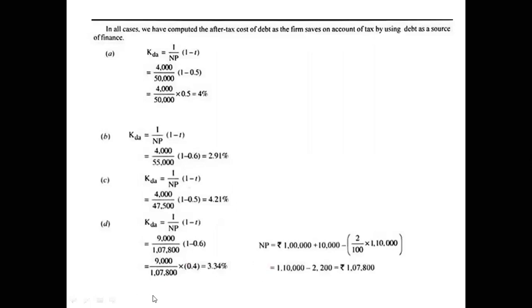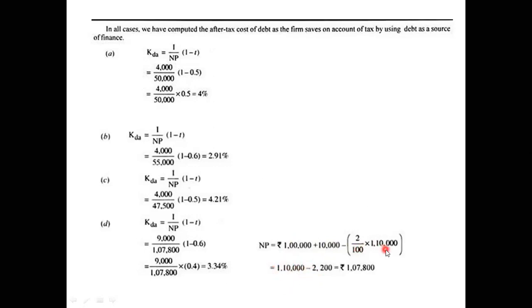You can see here, as I said, everything is the same compared to the previous solution. What is the percentage of interest? 9%, the coupon rate of interest, 9% of 1 lakh comes to 9,000. It is the same. Now coming to the denominator that we need to find out. 1 lakh is the face value, with a 10% premium added. So 1 lakh plus 10,000 will be 1,10,000. 1,10,000 is the issue price.